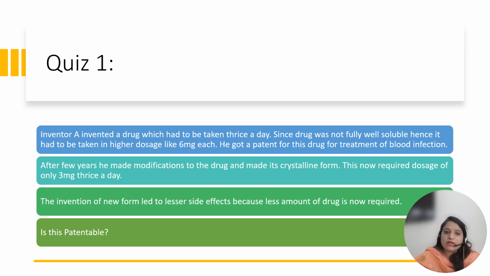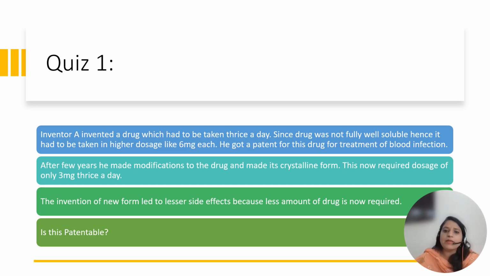So consider inventor A invented a drug which had to be taken thrice a day. Since the drug was not fully soluble, it had to be taken in higher dosage, like 6 mg each time. He got a patent for this drug for the treatment of blood infection. Now, after a few years, he made a modification to the existing drug and made it in the crystalline form, let's say. As a result of this, the required dosage was only 3 mg thrice a day